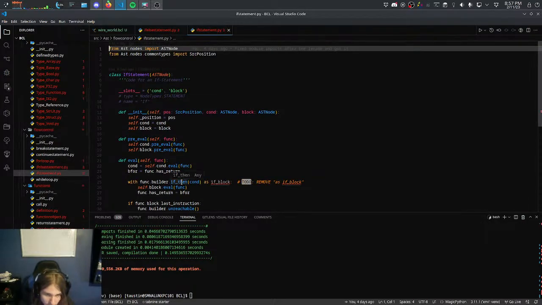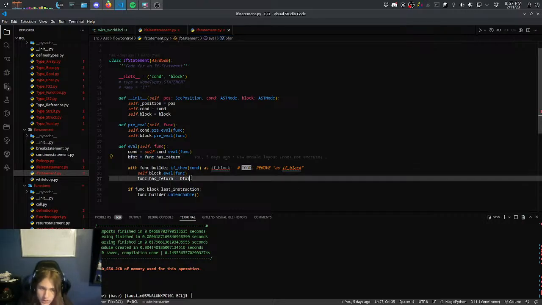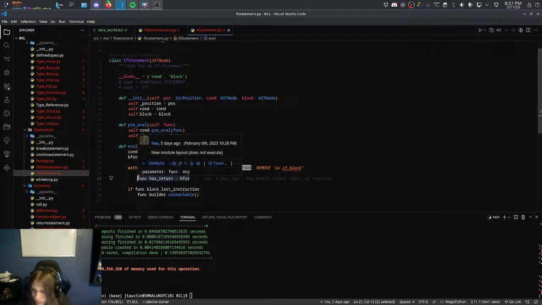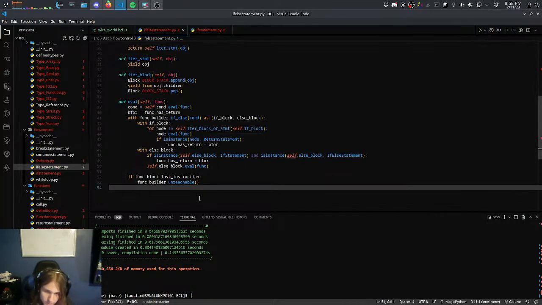So in a regular if statement, God, this code is just garbage, like actual trash. We check. No, we don't do any checks. We basically just see, was the return statement before this? And if yes, then sure, the return is still reachable, right? Yeah, we just say there's a return. It's still there. For an else statement,